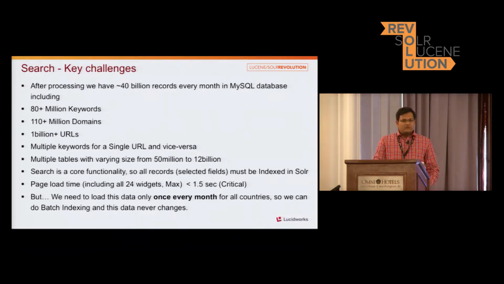Now we have multiple tables, around 20 tables, and they have very varying sizes. One table is 50 million, and another table is 12 billion. We have one country's data that is the biggest table, at 12 billion. So the important part is we need an architecture such that if we have a small number of records, we can manage that and return a response fast. And if a table has 12 billion records, we also need to return fast for those 12 billion. Search is a core functionality, because the user is going to come to the website first,